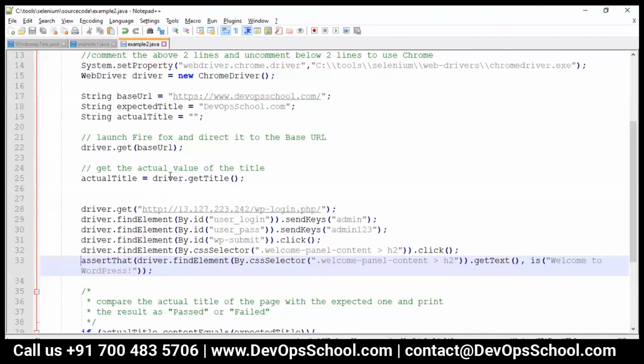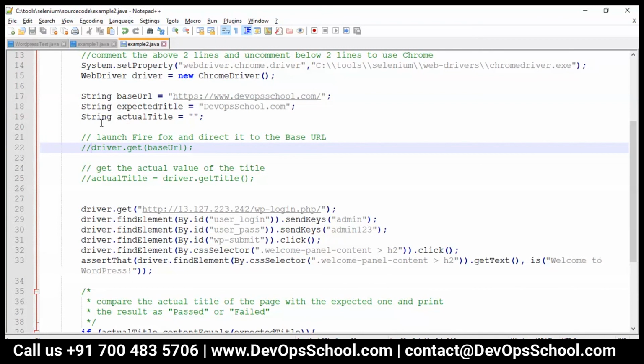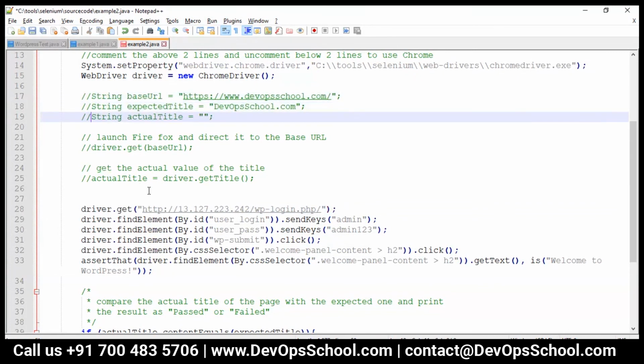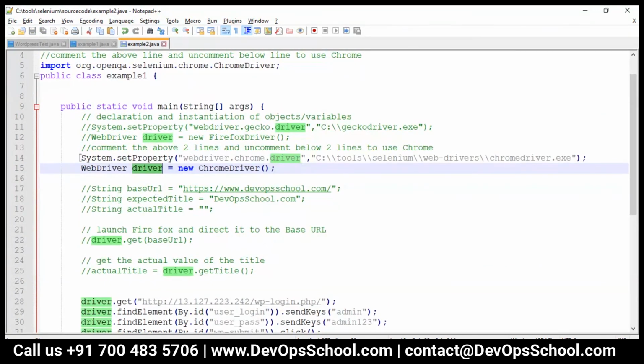And finally this is not required. This is not required. This is not required. So here the driver, this is not required. This is not required.